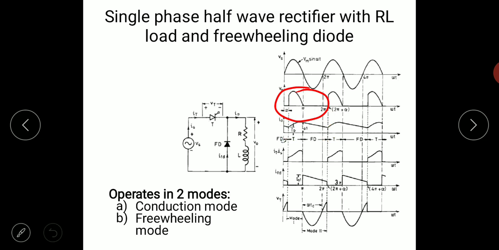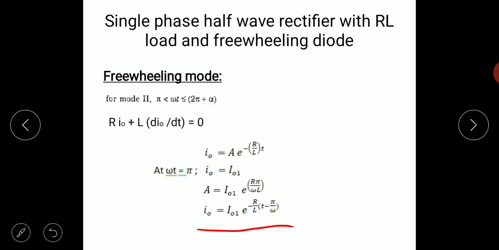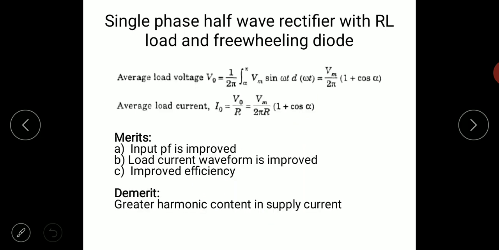You can see in the waveform that at no instant are the voltage and current polarities reversed. And since the power received at the load side is improved, the overall efficiency of our circuit will be improved. So efficiency is improved, waveform is improved, and input power factor. You know that it is the ratio of power delivered to the load to input volt ampere. And since the power delivered to the load is improved, therefore input power factor will also improve.